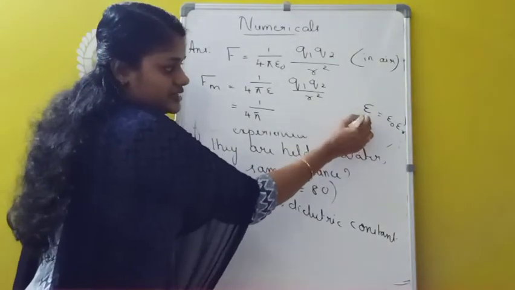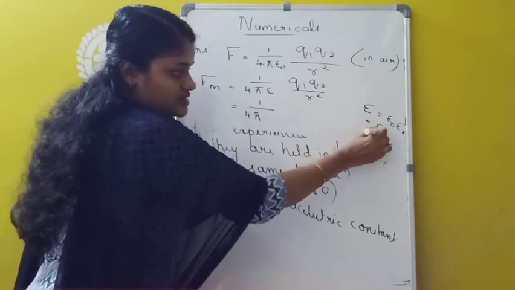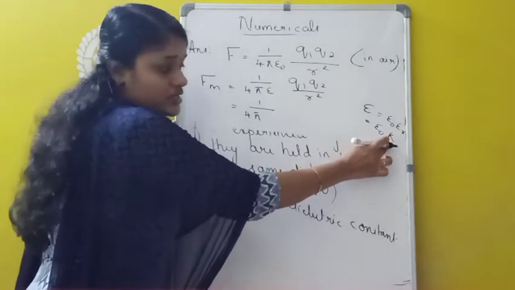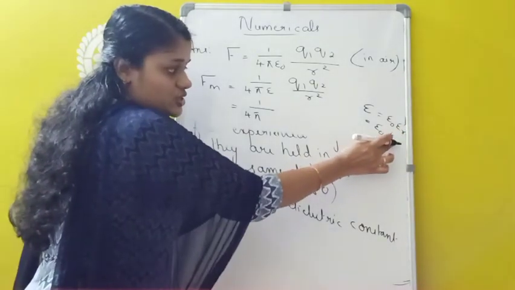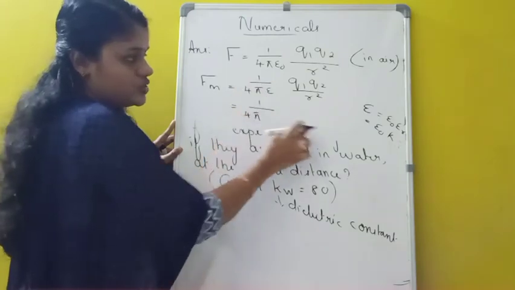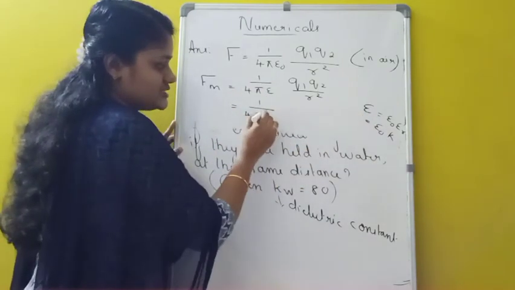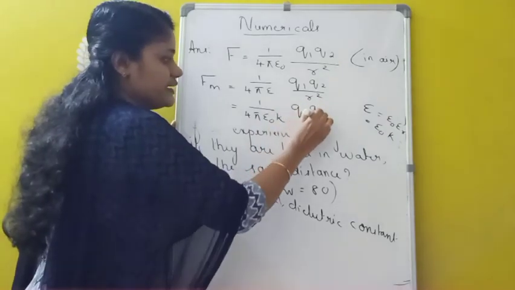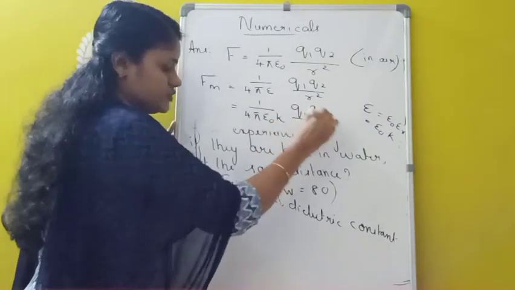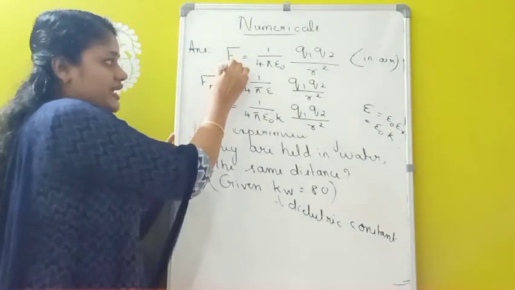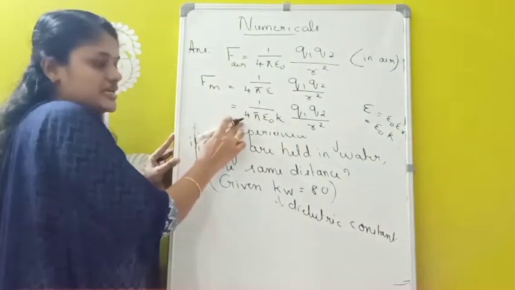Okay. So here instead of epsilon R we can also write K, because epsilon R and K are both the same. So relative permittivity is equivalent to the dielectric constant. So here I am writing 1 by 4 pi into epsilon 0 into K into Q1 Q2 by R square. So this is the formula for force in the case of air or vacuum, and this one is in the case of a medium.